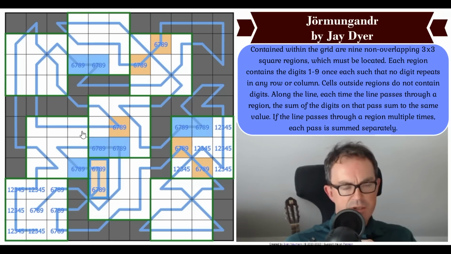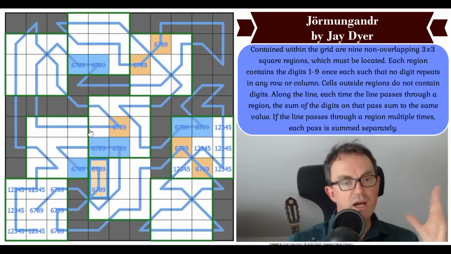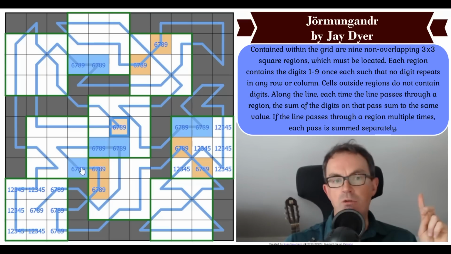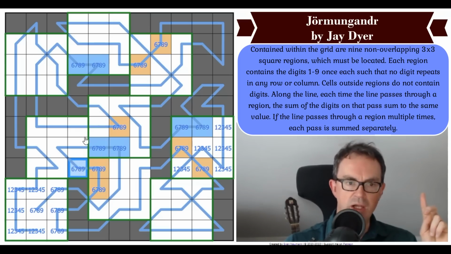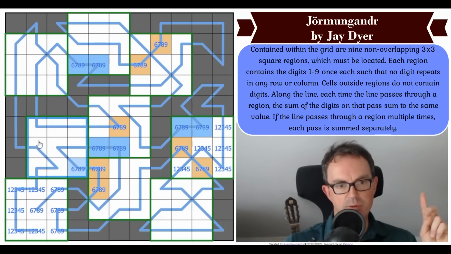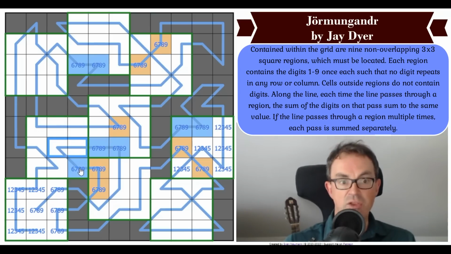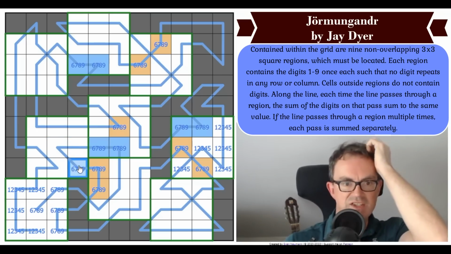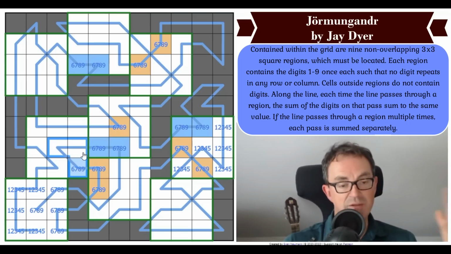Do I need... Oh, I know what's going to happen here. I know what's going to happen. The idea will be, if you can get an orange and a blue onto a line in a box, look at this box, for example. These are not orange. Well, they're not that orange. Now imagine this orange went on this line. Then that would be really constraining, because if you have a 6 and at least a 7, this line would have 13 in 2 of its digits, and the other digit would have to be very low, and it would put pressure on the